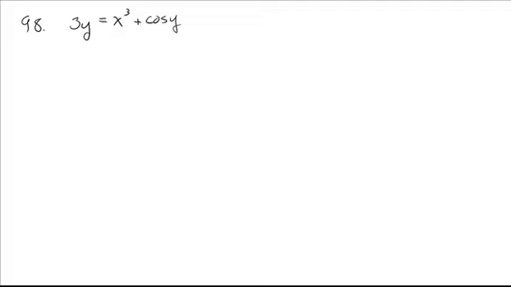We want to find the derivative of 3y equals x cubed plus cosine of y. And since y would be difficult to solve for explicitly in this equation, what we're going to want to use is implicit differentiation, which means we're thinking of y as an implicit function of x. So anytime we take the derivative of a y, we're doing a chain rule, and we have to multiply by